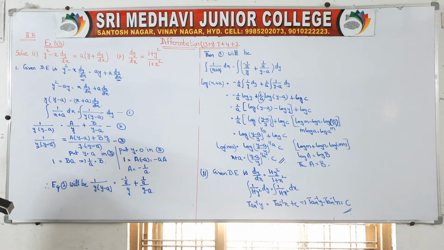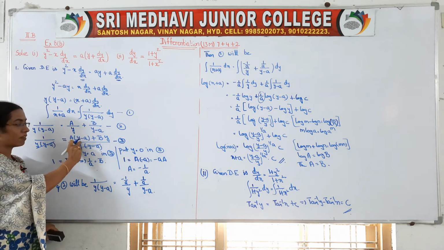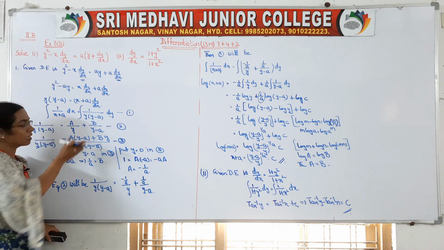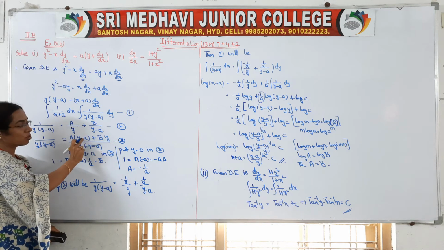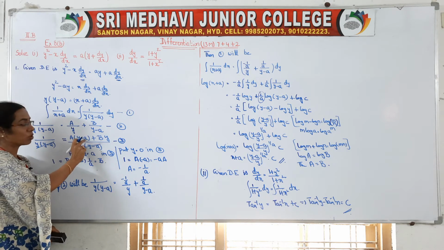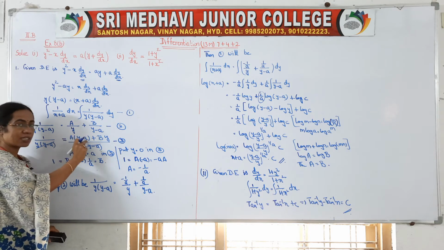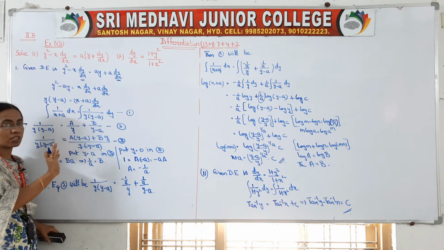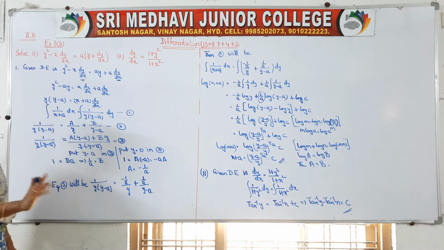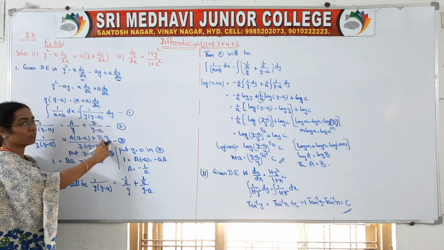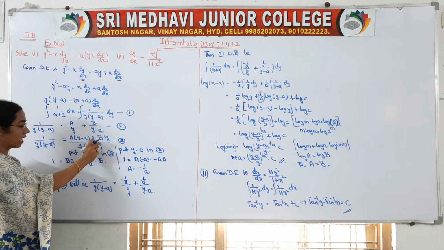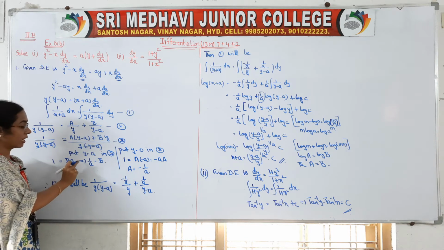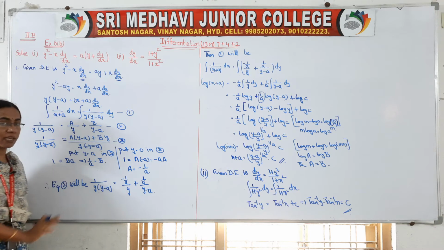Okay, how will we get the a and b values? First, you have to select the y value in such a manner that one term will get cancelled, and you will get your b value. So I have taken y is equal to a, so that a minus a is 0, 0 into a is 0. So this a term will get cancelled, and b a will be there. We want small a, right? We want the b value. So 1 is equal to ba, so b is equal to 1 by a.